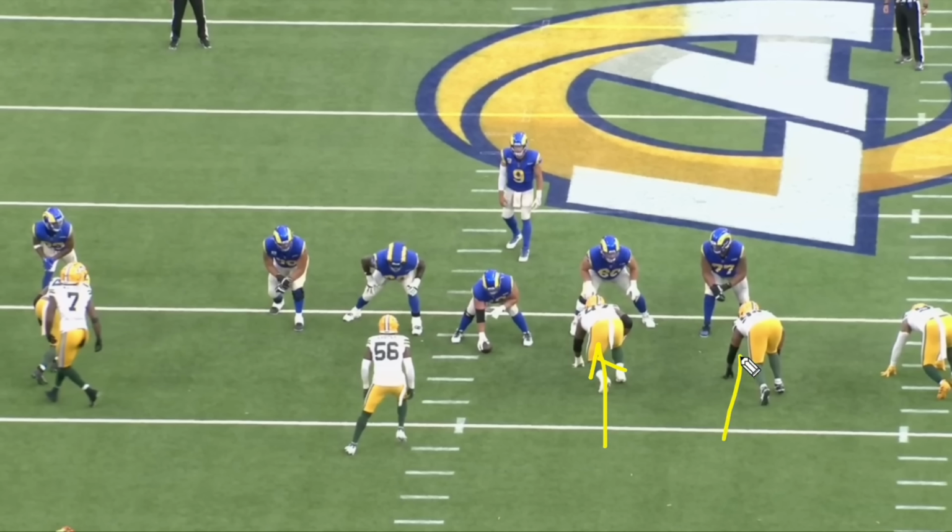You can see the Packers have overloaded the right side of their defense, the left side of the Los Angeles Rams offensive line. Normally what you're trying to do there is generate one-on-one matchups. Again, tackle on defensive end, tackle on defensive end. Because normally how it ends up working out is you have this defensive tackle loop inside just like this. The center's expecting him, and maybe he occupies the center and maybe the guard. This right guard's going to pick up this defensive tackle wherever he goes. I'm sorry, this left guard, and this left tackle is going to pick up this defensive end wherever he goes. This is traditionally how it works,